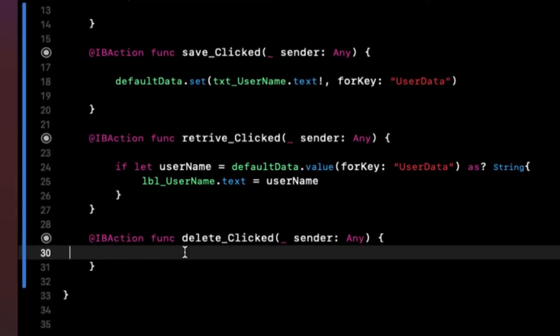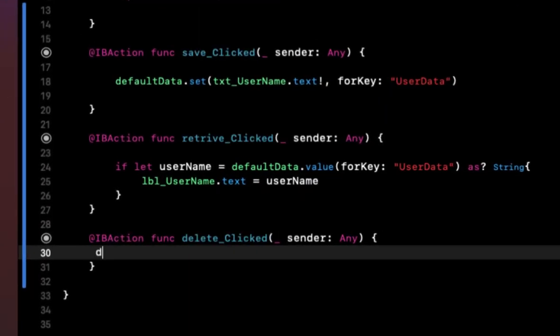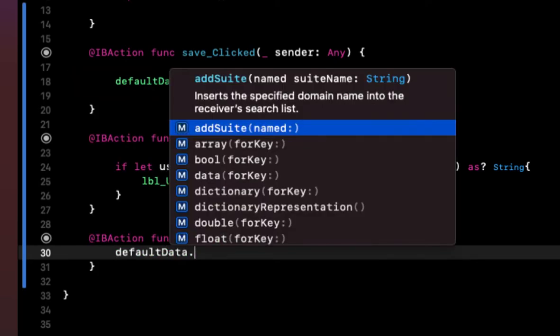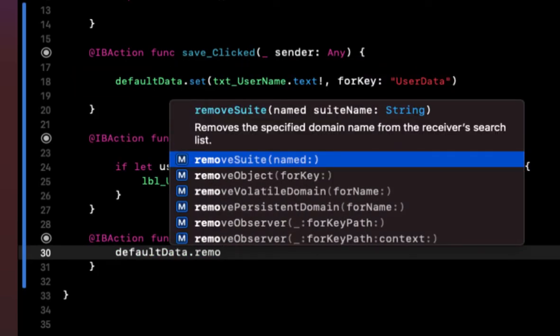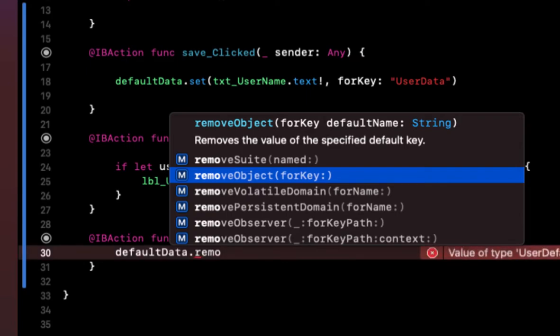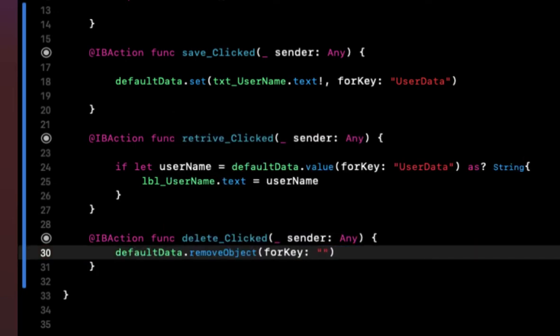So call our defaultData variable and dot removeObject. removeObject is responsible for deleting the value for the key. Whatever key you define here, it will automatically remove the value of that key.